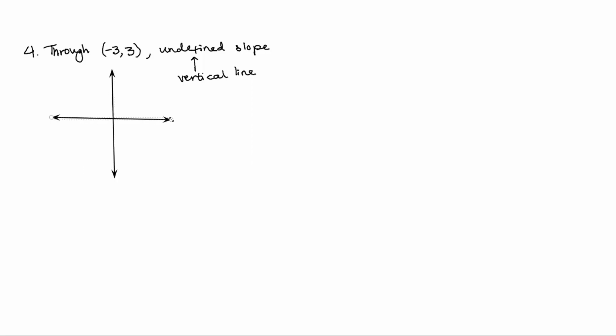Just roughly. And we're going to plot our point at -3, 3. So left 1, 2, 3. I'll go out to 3 in all directions. So -3, 3. Here's our point, and we know it's a vertical line. So all we have to do is draw our vertical line